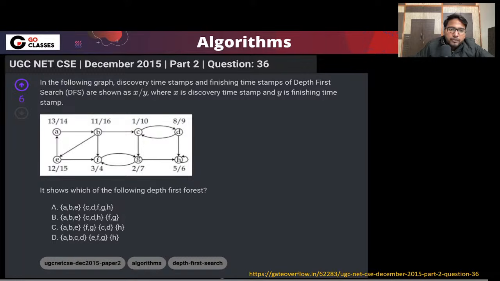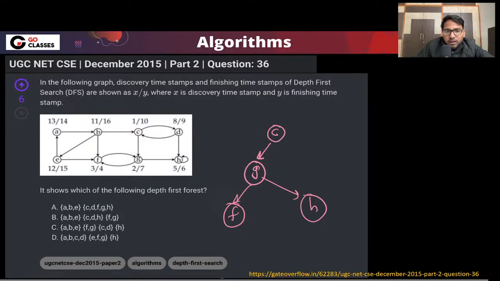Maybe, right? So maybe you can start from C. Either you can use the parenthesis theorem or you can just use intuition: from C you are going to G, and then 3 is F, so you are going to F. And 4, now you need to backtrack, which means you will go to G itself, and from G, which is 5, you are going to H. Which is 6 is this only, so you need to backtrack, and 7, you backtrack at 7, which means you are at G now. You are backtracking, which means you are at C, so 8, you are going to D, basically C to D,